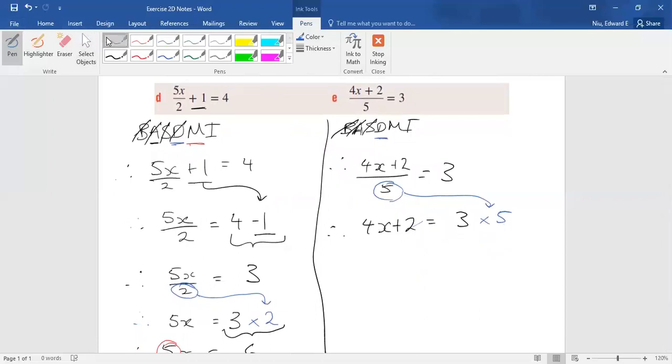What that means now is, therefore we have, bit of lag, 4x plus 2 equals 15. And now we can cross out the division term. With these slightly more complicated ones, we don't actually keep going with our original acronym. So this